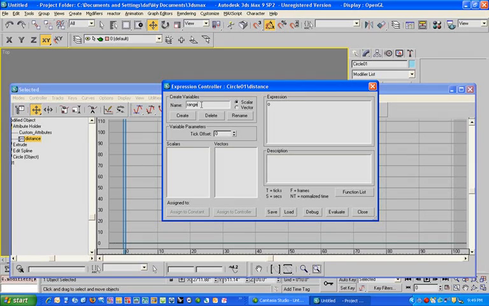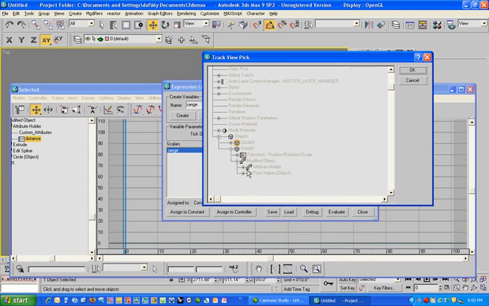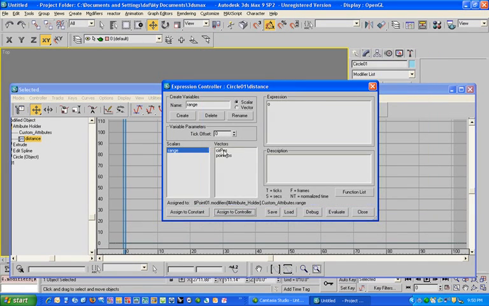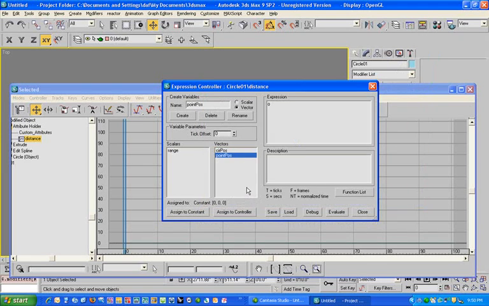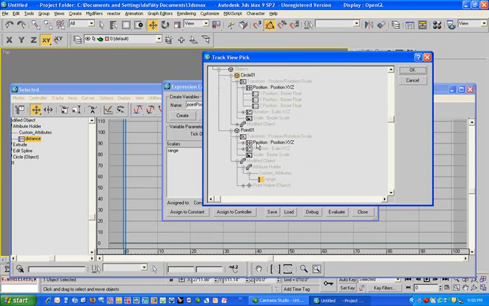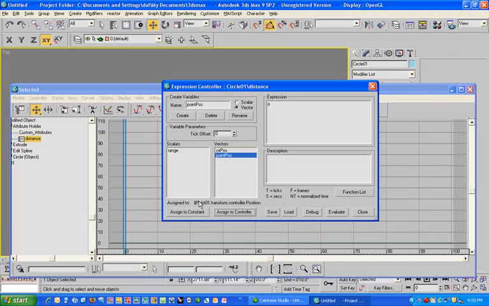Let's make the same variables. Range, it's going to be scalar. And then we'll have point position, which is a vector. And circle position, which is also a vector. And we're going to assign them. Range. So you can see point is assigned to point, circle is assigned to circle, and range is assigned to that